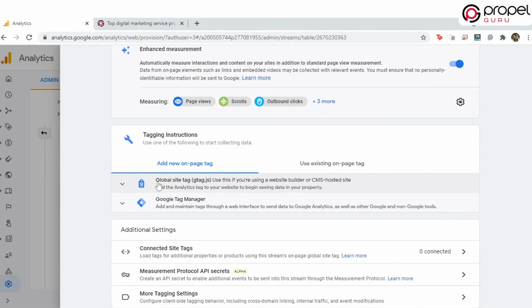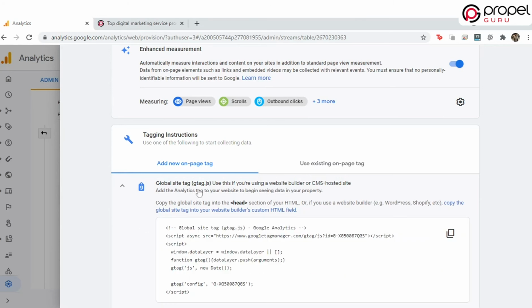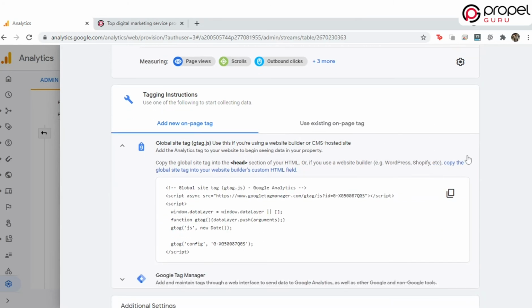The first option that appears on there is Google Site Tags. It's a tagging framework and API for JavaScript that lets you transmit event data to Google Analytics, Google Ads, and Google Marketing Platform. You will find a code in Global Site Tags, which you have to insert in all your pages.